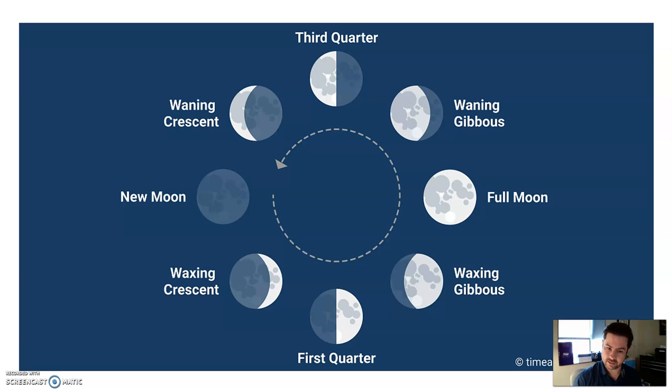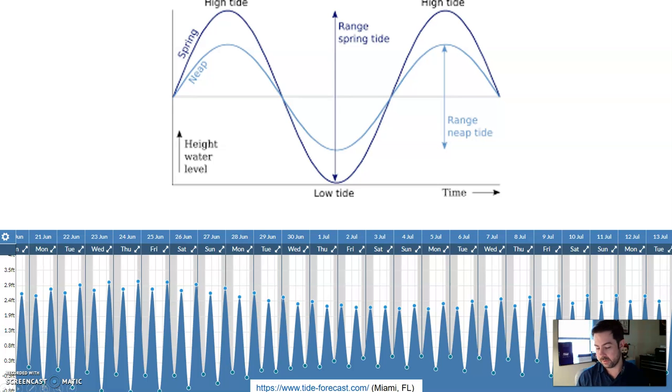Third quarter, first quarter. So going from, let's say, new moon, then you get to a waxing crescent, first quarter, a waxing gibbous, full moon, and starts to shrink again, waning gibbous, third quarter, waning crescent, new moon. That cycle starts all over. That's a 28-day cycle. From here to here, it's 7 days, 14 days, 21 days, 28 days. So again, the moon, even though it's smaller, being much closer, has a much bigger influence on tides.